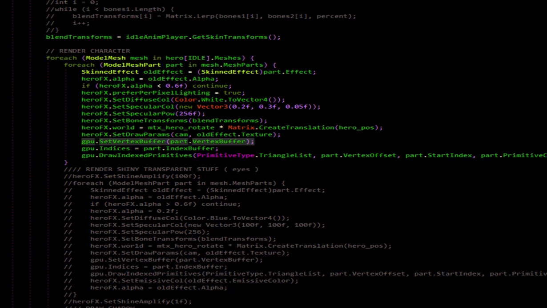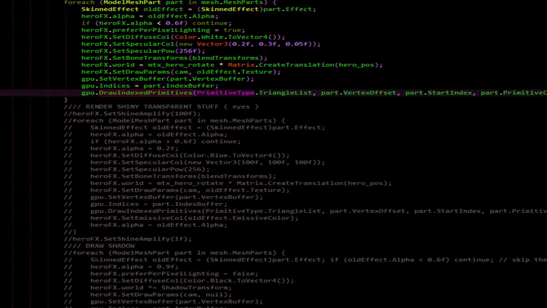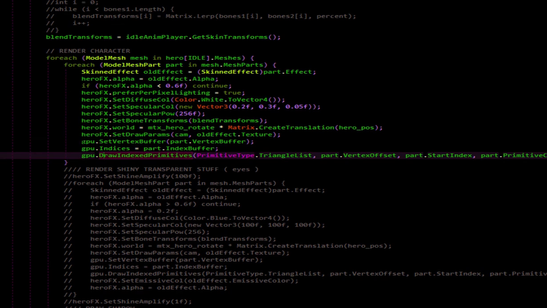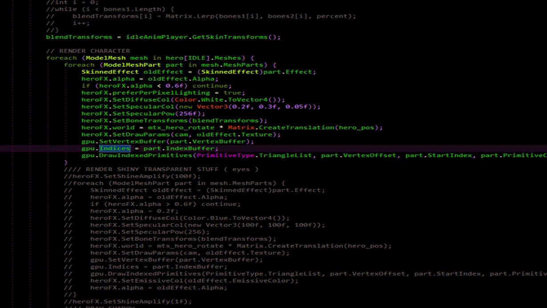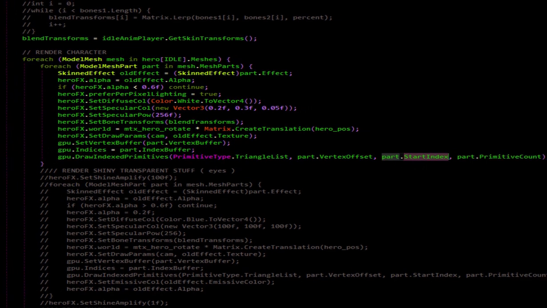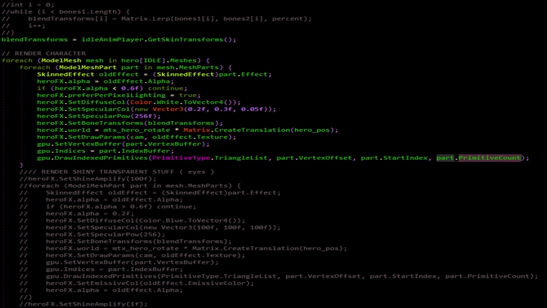Then we set our vertex buffer. We set our index buffer just by saying it equals index buffer. This is different than saying mesh.draw or something like that. We want to do it like this so that we can set our texture here and just draw straight off of this. So we're drawing the primitive list, the triangles, at wherever the vertex offset is for this part, using the start index for the part, which is probably going to be 0, and then the part primitive count. There's going to be a different part for each texture here, something to keep in mind. So it's going to be changing the textures based on which part it is. So our consolidated mesh will be broken up based on textures.